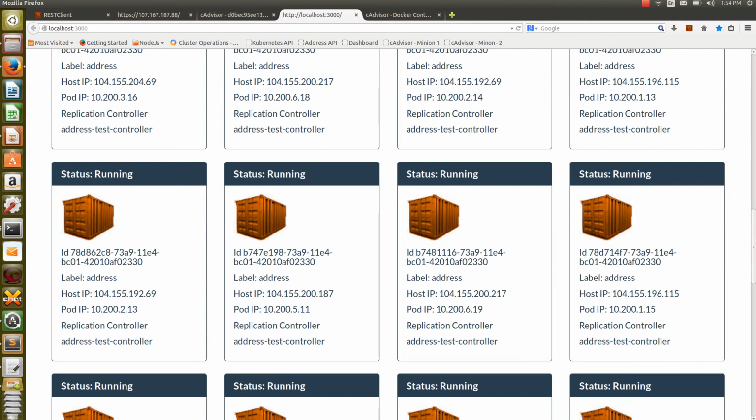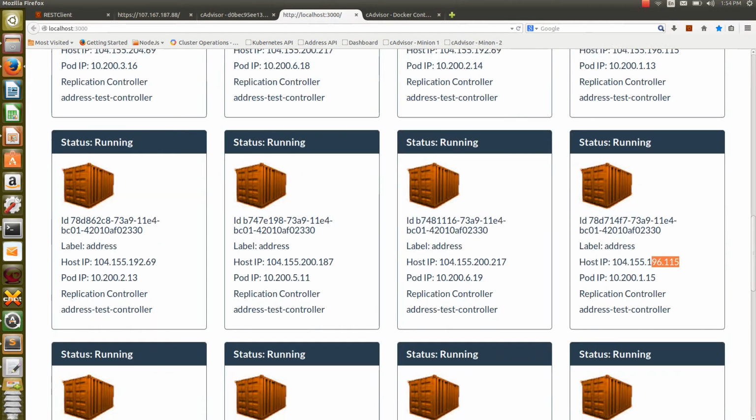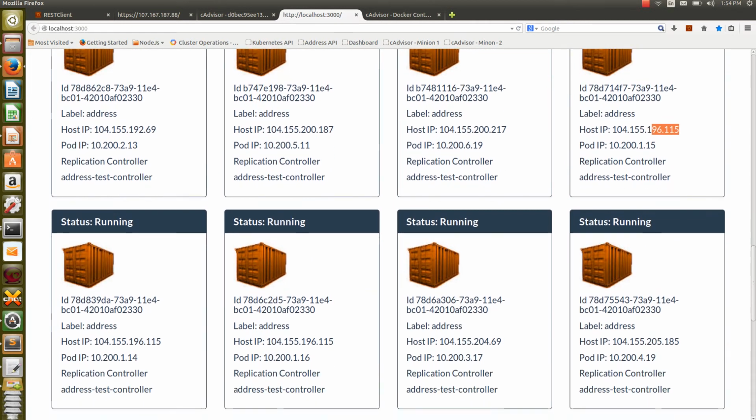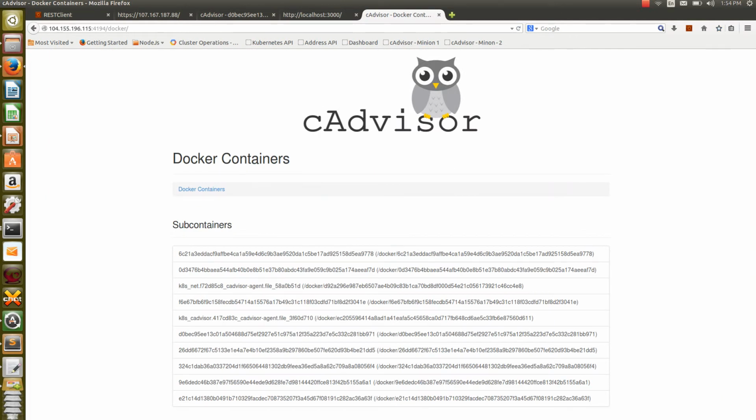This is the first one, this is the second one, this is the third one, this is the fourth one, like that. You can see all the containers listed here because it's one minion.